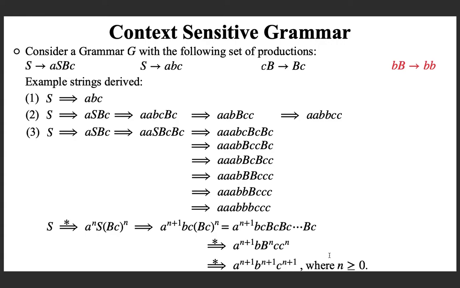And thus you are deriving the language a to the power n, b to the power n, c to the power n, where n is greater than or equal to 1. And later you can see how you will make it for n greater than or equal to 0. So with this,